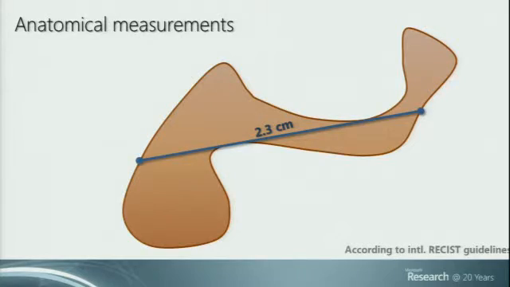And the problem with this linear measure is that if the tumor deforms, grows, or shrinks, for instance, in this way, the measure itself wouldn't change. It still is 2.3 centimeters, but clearly a lot of change has happened in the tumor. So the measurement does not reflect at all the fact that the therapy might be working or might not be working. So that's a big, big problem. So what we do